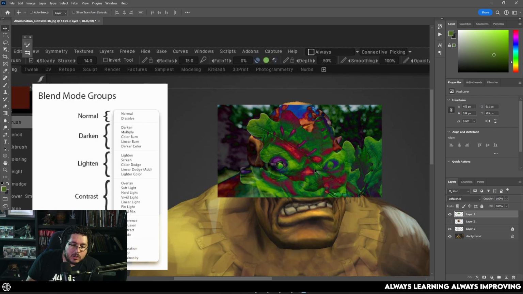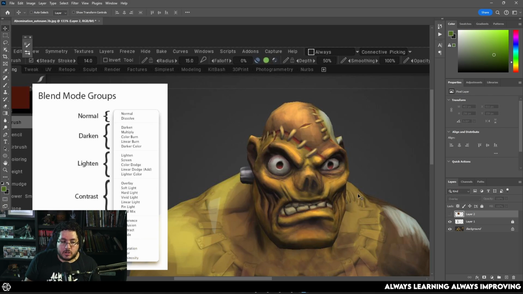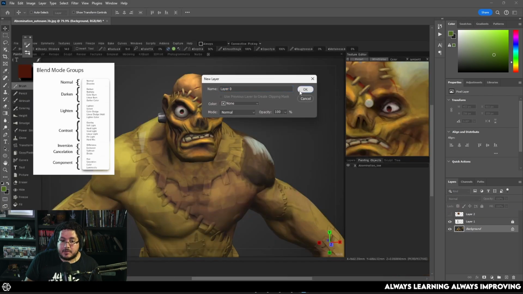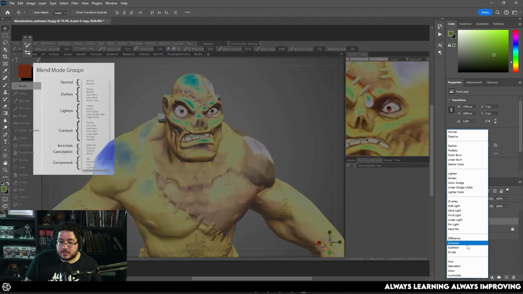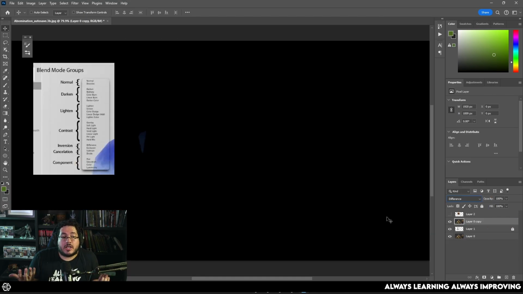Is this something that I use a lot? Not really, but there's one very cool option where you can use that one, and that's when you're mixing normal maps and you're painting normal maps. You can use this to find the difference because it will pop out at you if you have an image. Let me show you. So if you have two images that are exactly the same, like this one and this one right here, and I set this to difference, as you can see, there's not going to be any difference, right?